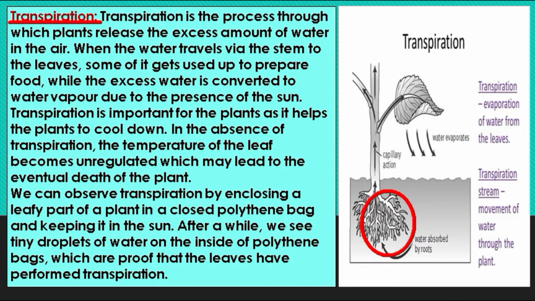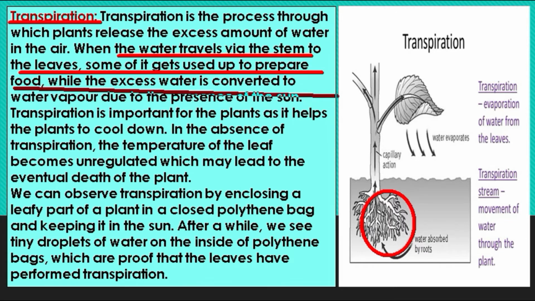of the plant. So students, the water that travels through the stem to the leaves, some of it gets used up to prepare food, while on the other hand the excess water is converted to water vapor due to the presence of the sun. And students, this transpiration is a very important phenomenon in plants because it helps the plants